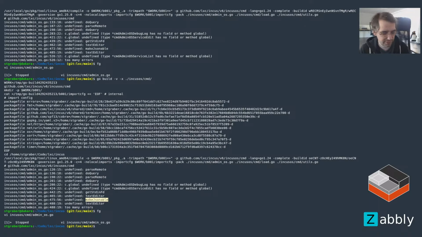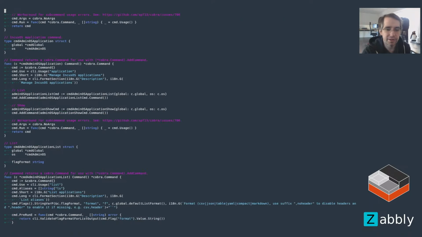So that's the command incus admin OS command, this guy. So effectively edit this, like basically remove it, make it import the new package, make it call the initialization command, and then have it return effectively the CLI. And once we've got that in place and it works within the Incus codebase, then I'll move the new IncusOS command package over to the IncusOS codebase itself,